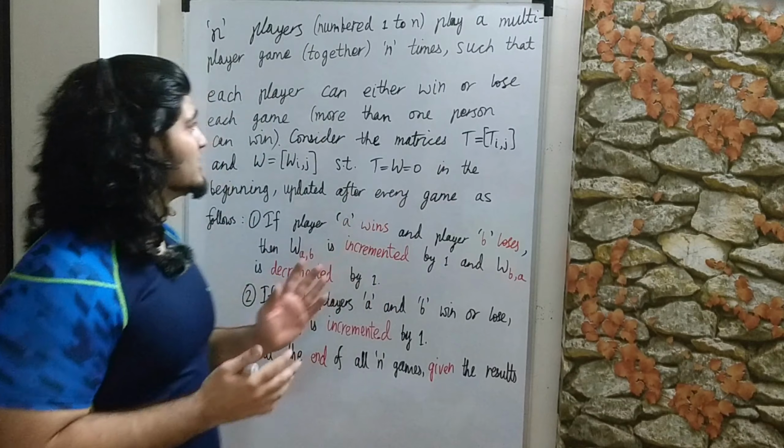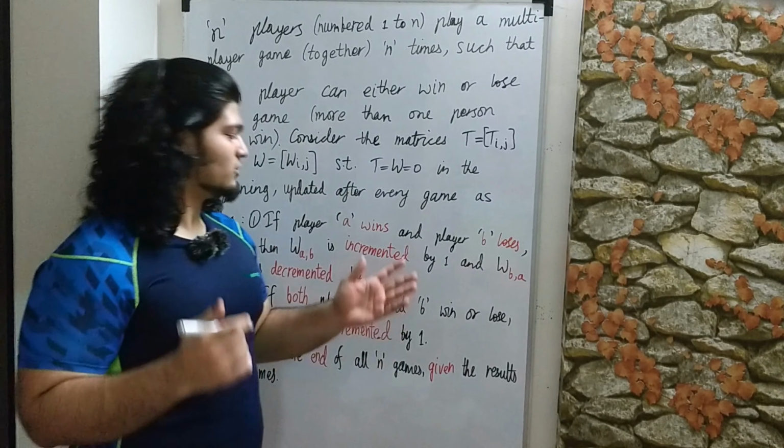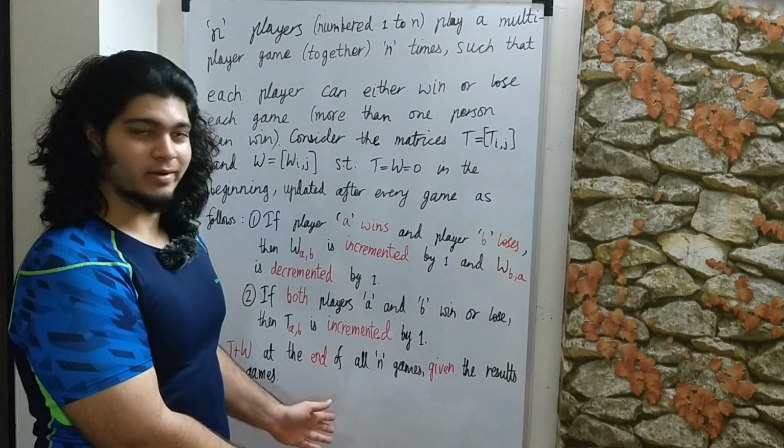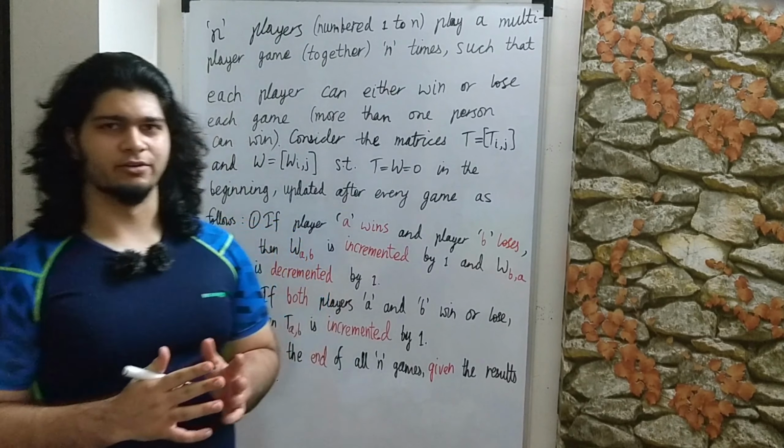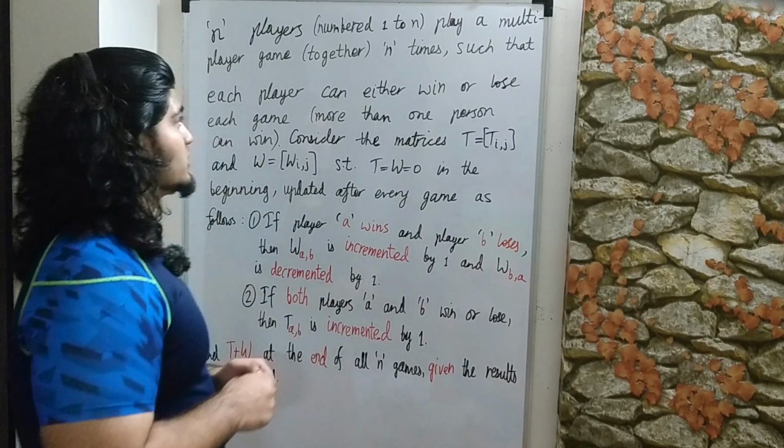So as you can see, it's a really long question. Took me almost the entire length of my board to write it. So I have just highlighted some important bits with red, and the rest of the question is in black because it's a really long question and sometimes you can get lost in all the information that it's throwing at you. So now let's get to understanding what's going on.